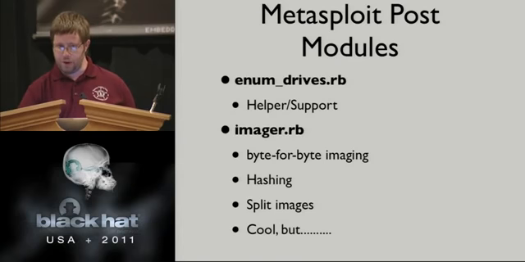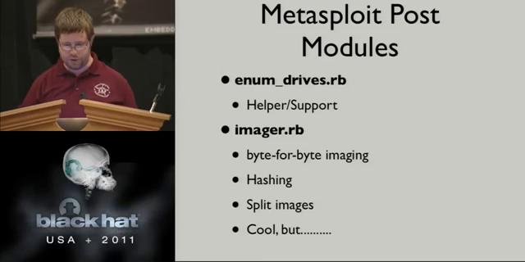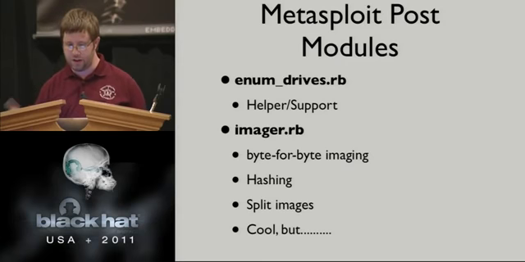enumdrives.rb. Now this is based off of Rob Fuller, Mubix's code he posted to his blog once on enumerating drives, enumerating drive letters essentially. Except this also has some support in it for enumerating out the physical devices that are underlying to those logical volumes. So that basically just lets you know what can I get a hold of to run these forensics tools on. We also have an imager in here, which is just a straight up forensic style imager. Very simple. This is what I implemented as a proof of concept after I started enumerating drives.